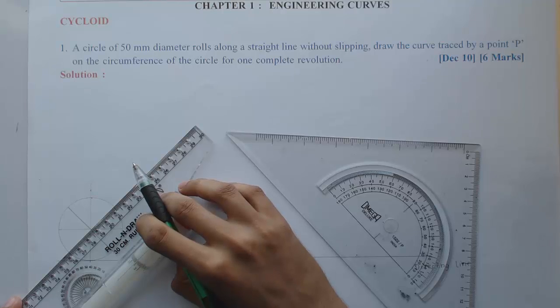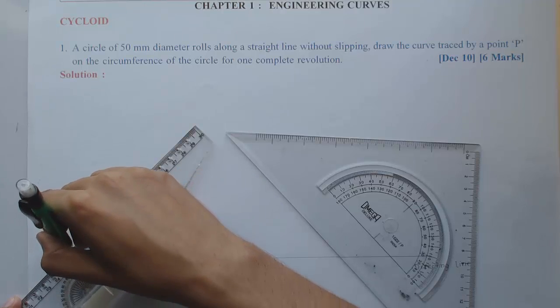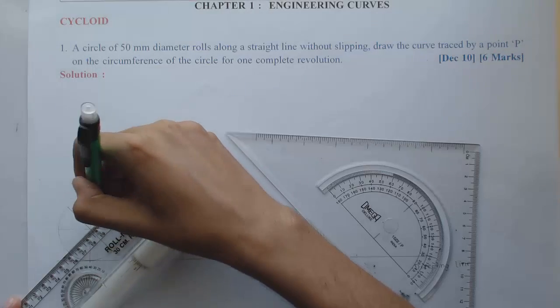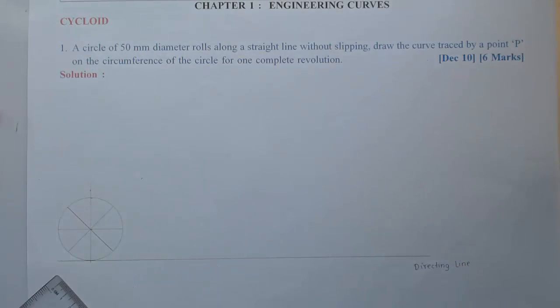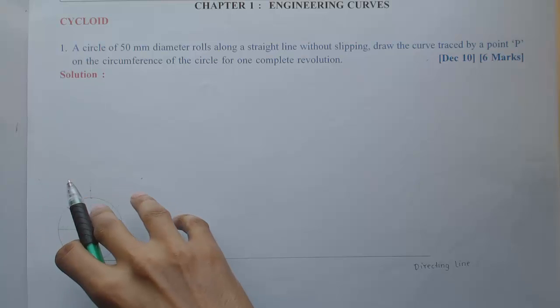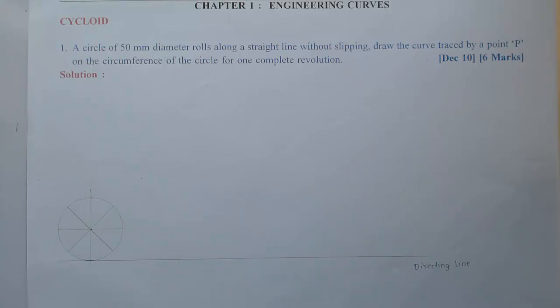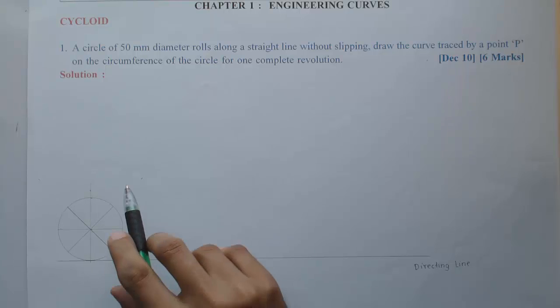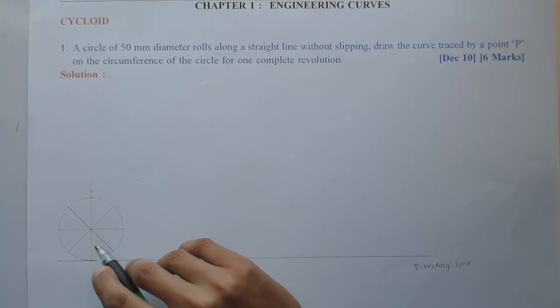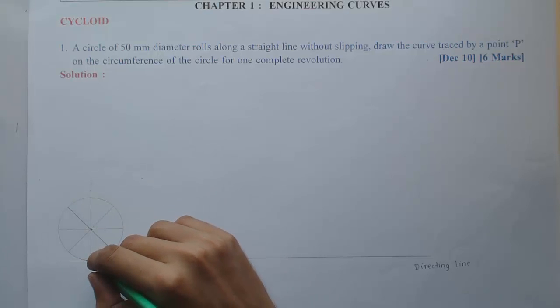For a more precise answer, you can divide into 12 parts also, but it will again create a large number of points and lines, so it will be confusing. So if the circle is small, you can take up to 8 divisions. Now I'll number these divisions, but before that I need to decide exactly for which point on the circumference I